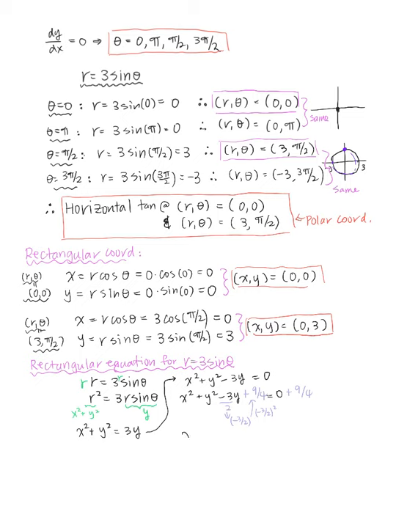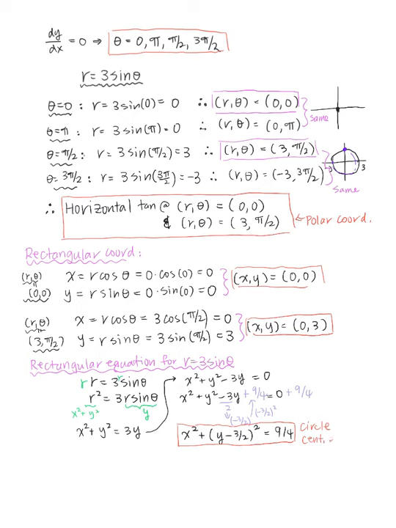So this becomes x squared plus y minus 3 over 2 squared equals 9 over 4. Can you tell me what kind of equation this is? This is the whole reason why we studied conics in the previous section. Isn't this an equation of a circle again? So this is going to be a circle